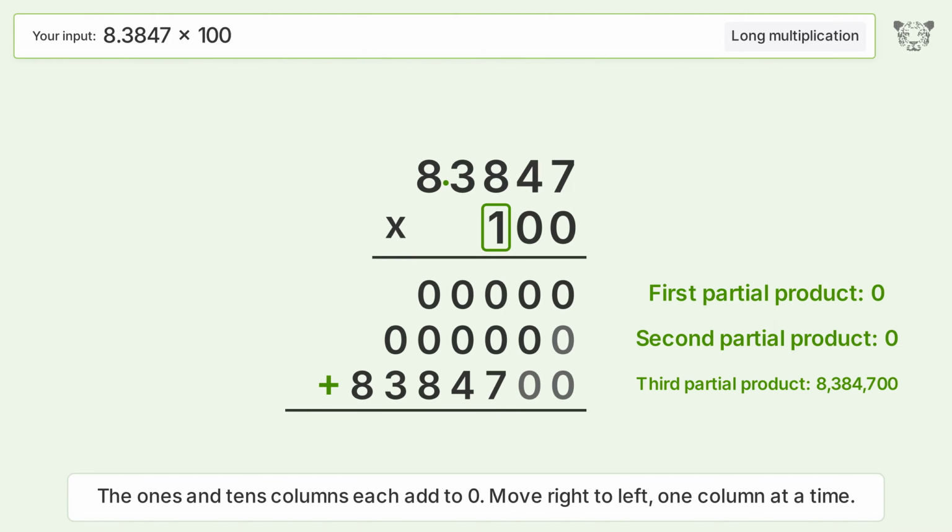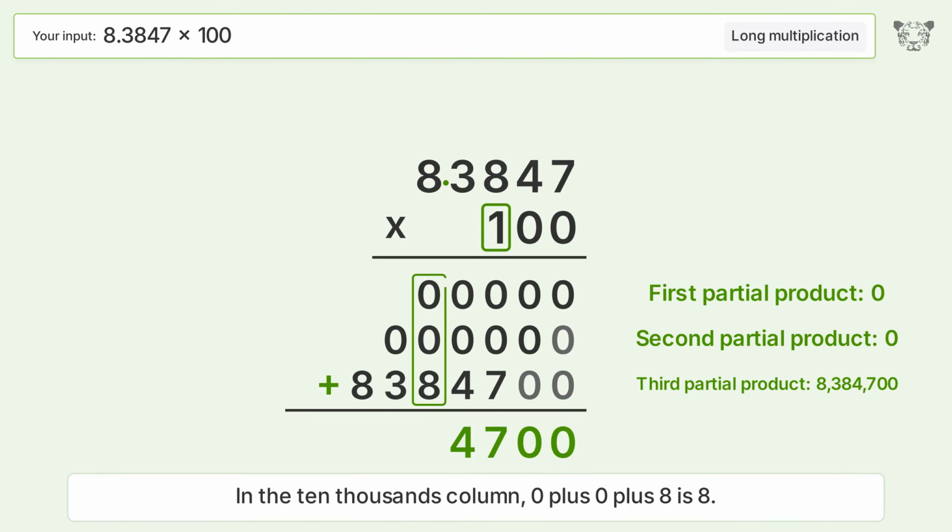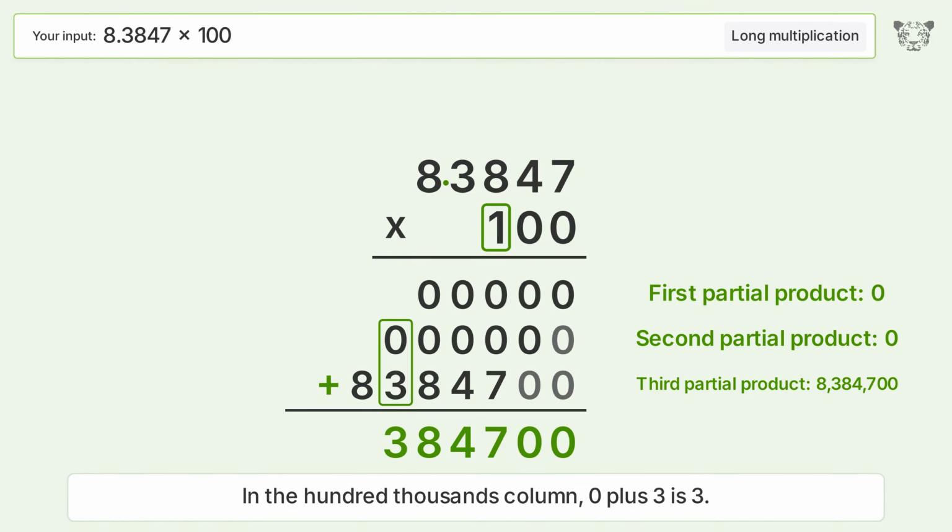The ones and tens columns each add to 0. Move right to left, 1 column at a time. In the hundreds column, 0 plus 0 plus 7 is 7. In the thousands column, 0 plus 0 plus 4 is 4. In the 10,000s column, 0 plus 0 plus 8 is 8. In the 100,000s column, 0 plus 3 is 3. In the millions column, bring down 8. The product of the whole numbers is